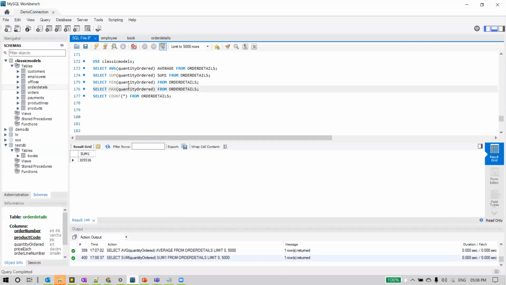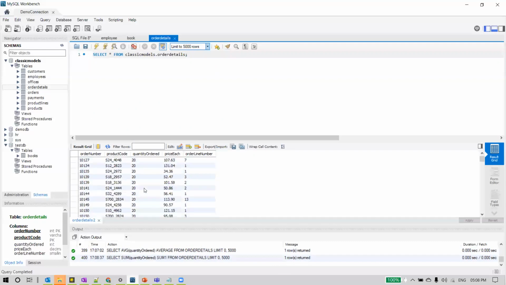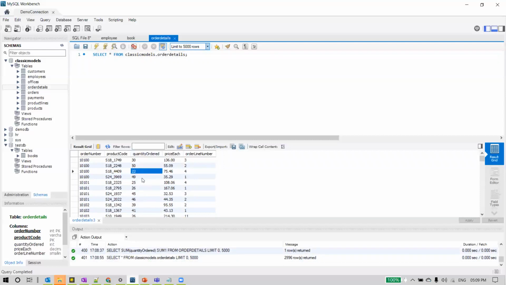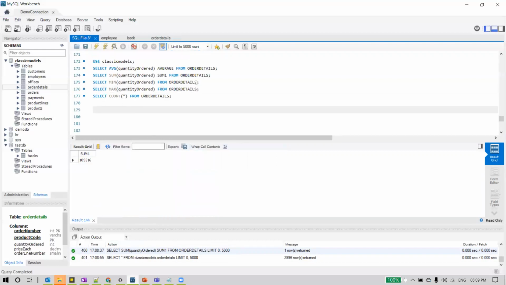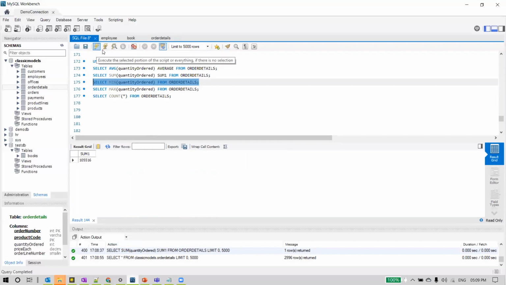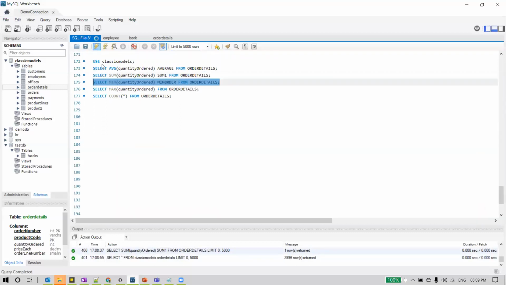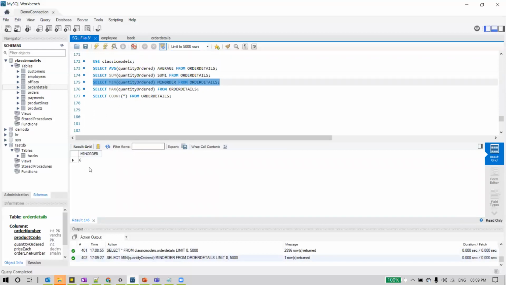And min and max. Min returns the minimum quantity ordered. There are many orders here, right? So let me execute it again. You can see here quantity ordered is like 30, in some case 50, 22, 49, like this. Among all these values, I wanted the minimum quantity ordered. What's the least value from all the quantity ordered? For that, we can use the min function, and then pass the column to it. So the minimum order is 6 is what it returns.